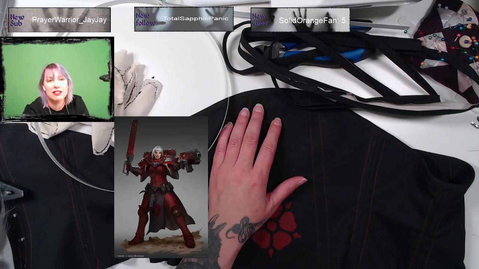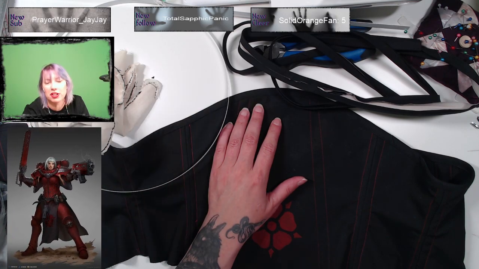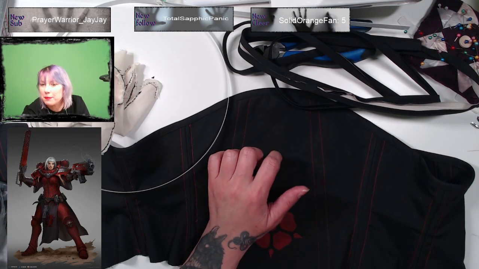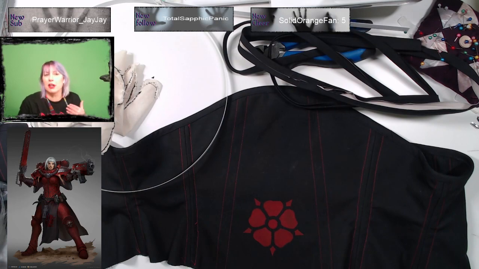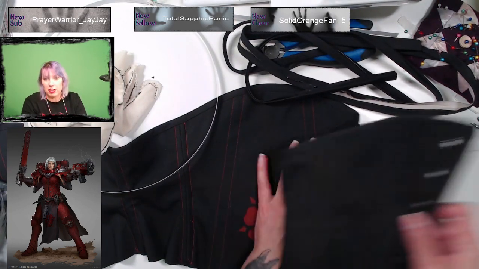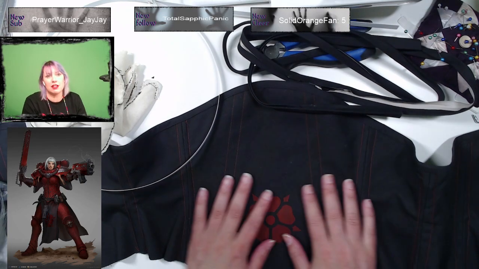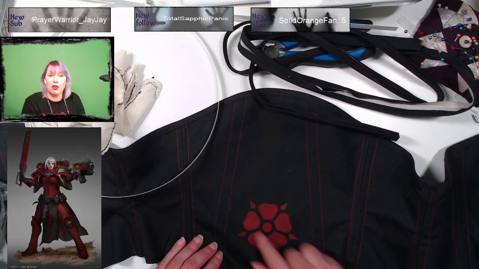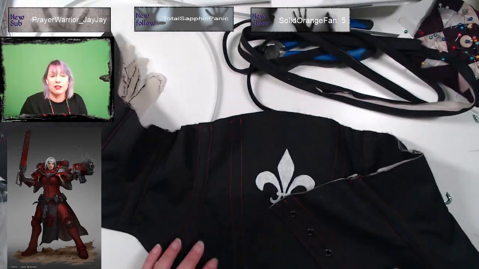I like to be a different Sisters of Battle than the one that most people have, which is the black armor with the red cloak. So I wanted to be a little bit different, as always. So it's the Order of the Bloody Rose. And so I couldn't have a busk on the front, because then I wouldn't be able to fit the armor properly on top of it, because the busk does stick out a little bit. So I found this pattern online for this belt. I had to amend it a little bit because, as normal, they don't go to my size. So I've got the Order of the Bloody Rose on there, and I made it double-sided.